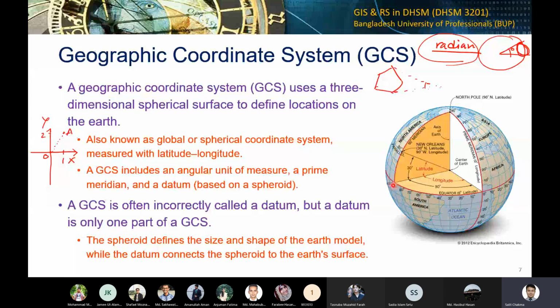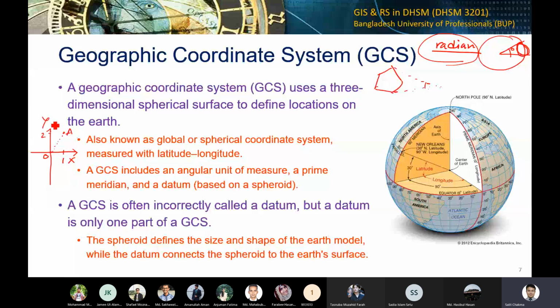Okay, so then comes the idea of imagination. So we have these imaginary lines all over the Earth, and we say that we have one prime meridian, and then we have multiple parallels. And where the prime meridian crosses the equator is our origin point. So, do you understand what I'm saying? If you do not understand, do ask me a question instantly, okay?